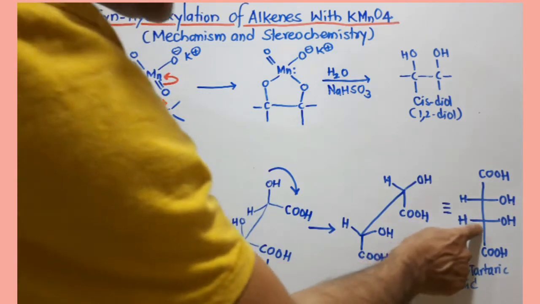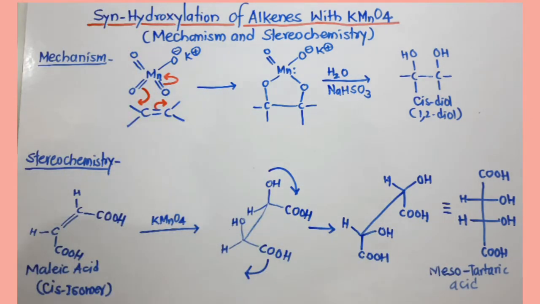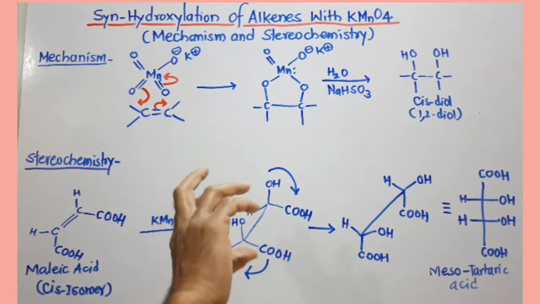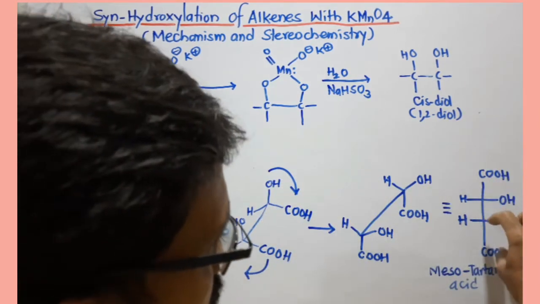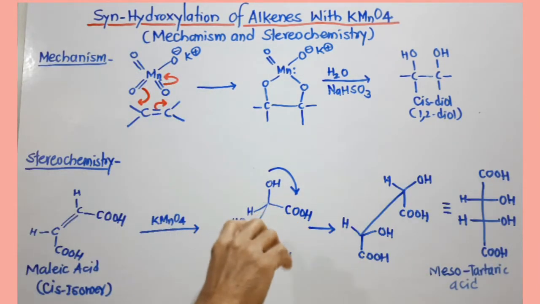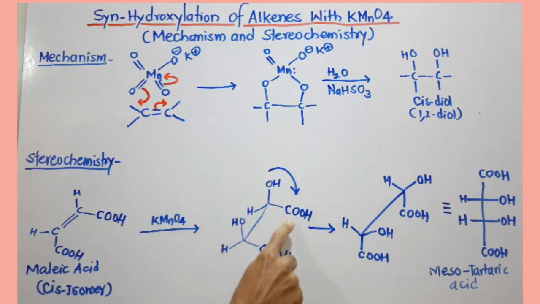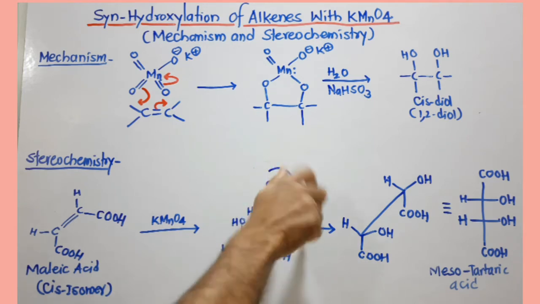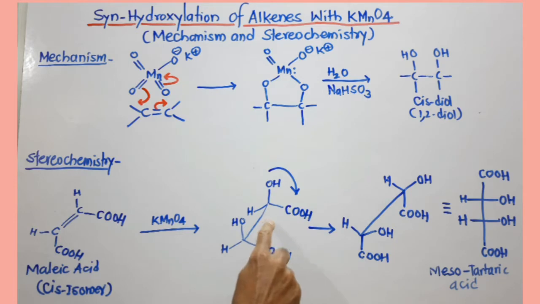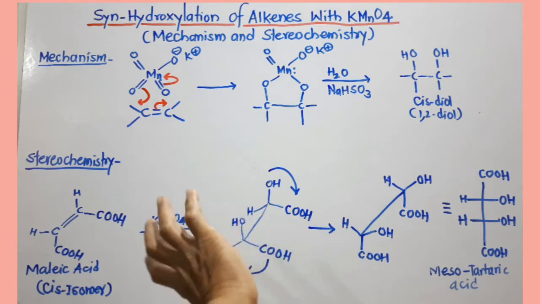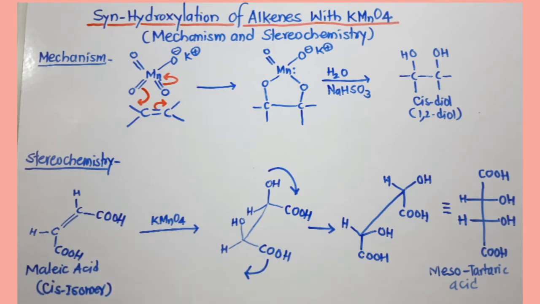This is down the plane. So both COOH groups must lie on the vertical line. That means they are projecting below the plane. And in this Sawhorse projection formula, if I want to bring this COOH down below the plane, I have to rotate this carbon in this direction. So I can bring this COOH here and this COOH here. In fact, this carbon-carbon rotation is continuously going on in this molecule. Free rotation is there.